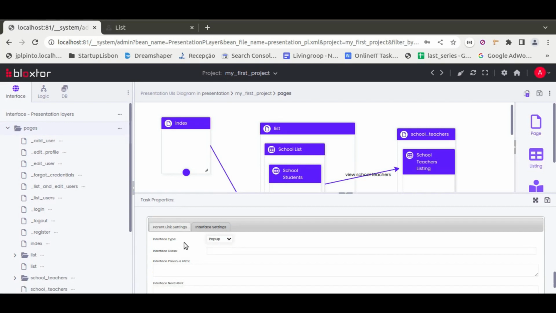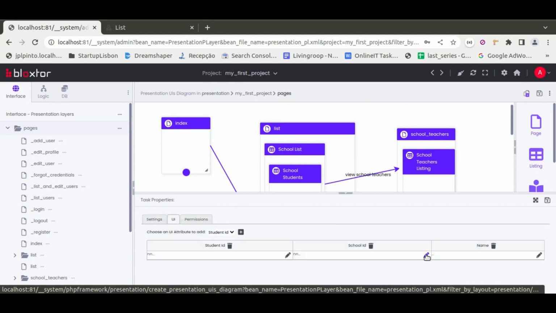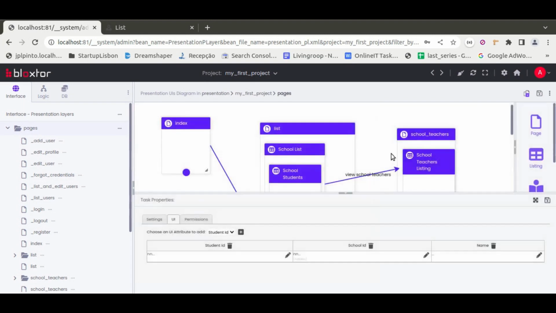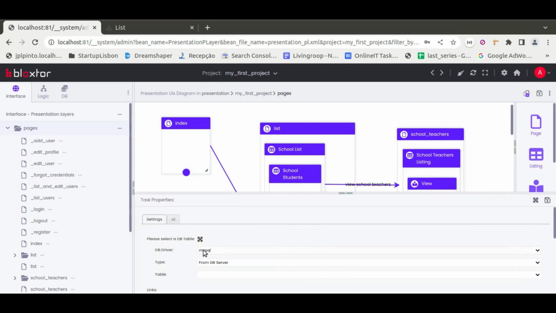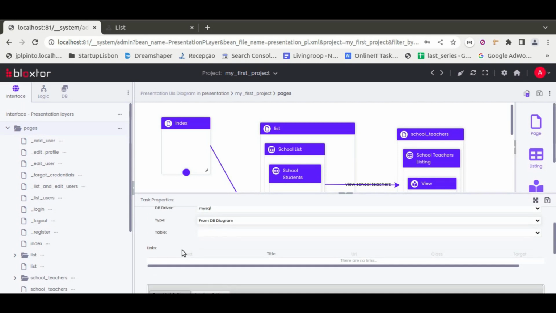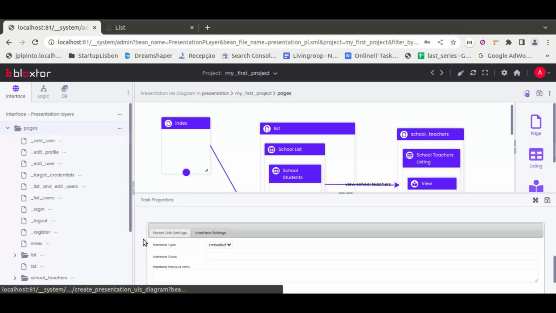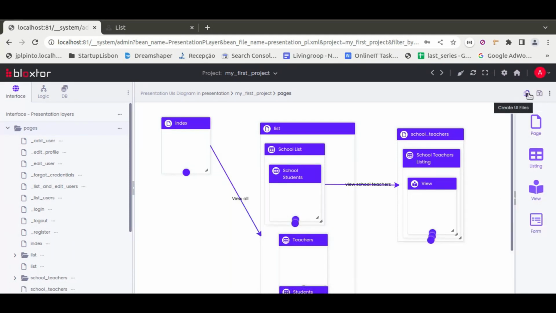I want this as a pop-up. The UI, I want this to be hidden. Okay, and this one is done. And I want this here to have a view of schools. Okay, and this one here will be embedded. Okay. It looks okay. So I'll just create the files again